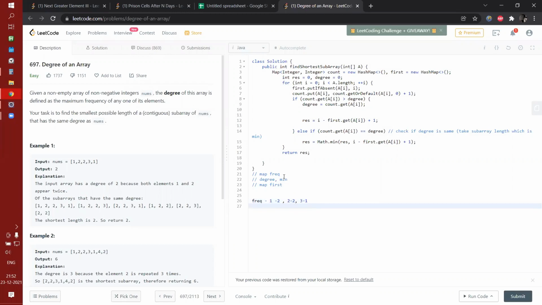And you have first, right? What the first means is, at 2 it was the first index. When you meet 3, it will be 0, 1, 2, 3, yeah, at the third index.